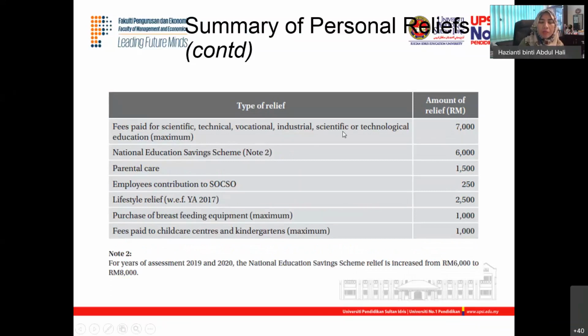Ini tadi kalau dia pergi sambung belajar, mestilah universiti tu dapat NQA accreditation juga, baru dia boleh claim 7,000. And then PTPTN, parental care tadi yang seorang parent, satu parent 1,500 tu. But 1,500 ni sistem dia capture macam ni the IC number. Katakanlah you all ada 4 beradik, yang mana semua orang bagi duit dekat parents. Bila sampai untuk claim relief ni, satu parents tu maksimum 1,500 tau. So katakanlah you all 4 beradik nak claim untuk satu ayah ni, so dalam e-filing tu nanti kita kena bahagilah 1,500 ni bahagi 4.